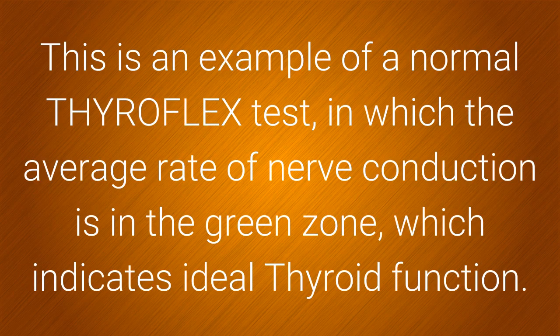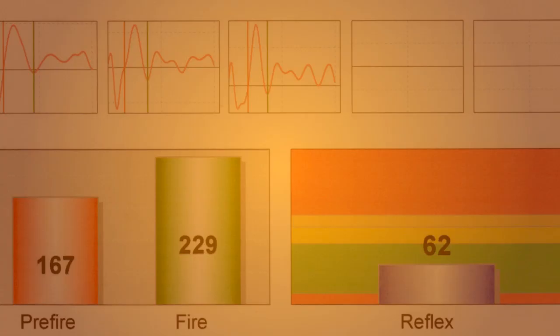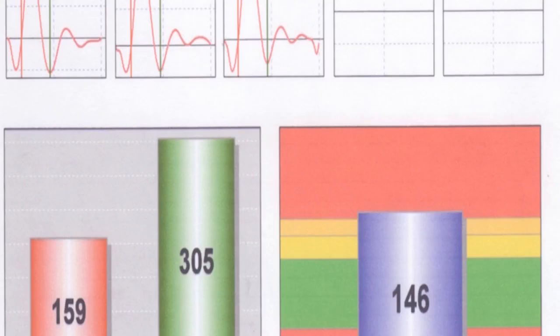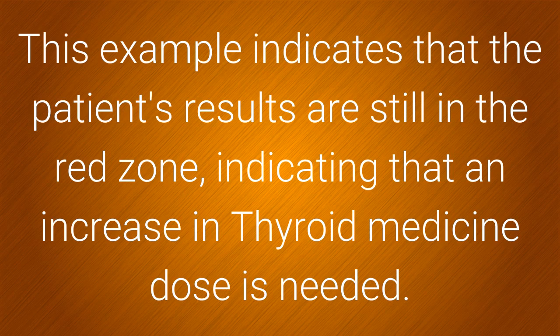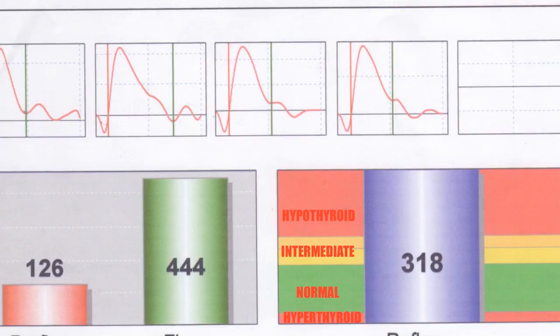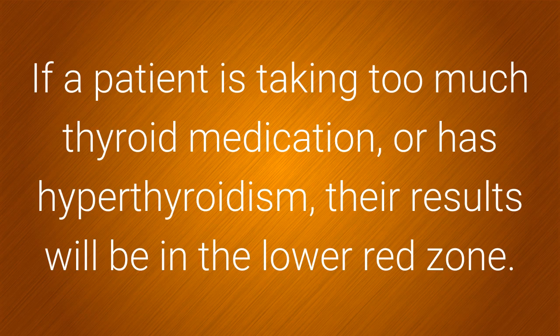This is an example of a normal Thyroflex test, in which the average rate of nerve conduction is in the green zone, which indicates ideal thyroid function. The next Thyroflex result indicates mild hypothyroidism in a symptomatic patient on 120 milligrams of natural desiccated thyroid. This example indicates that the patient's results are still in the red zone, indicating an increase in thyroid medication dosage is necessary. The following example shows a severely hypothyroid individual with very slow nerve conduction reaching the top of the upper red zone. If a patient is taking too much thyroid medication or has hyperthyroidism, their results will be in